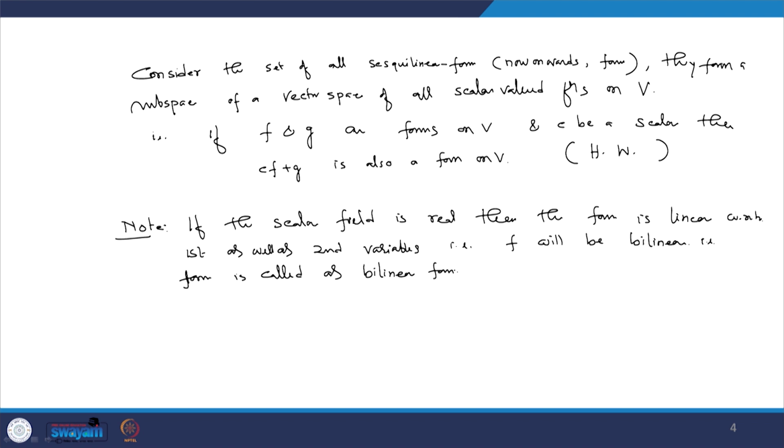Specifically, our objective is to understand whether, if I consider the set of all forms on an inner product vector space V, there is any correlation between the set of all forms on a vector space and the set of all linear operators on the vector space. Now, I will show that for each form on an inner product space, there exists a linear operator on that inner product space,